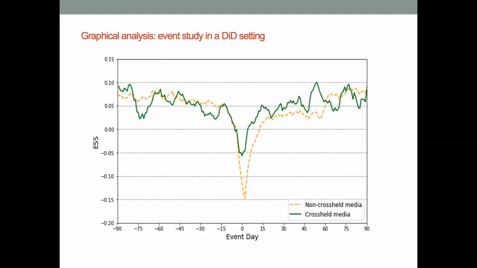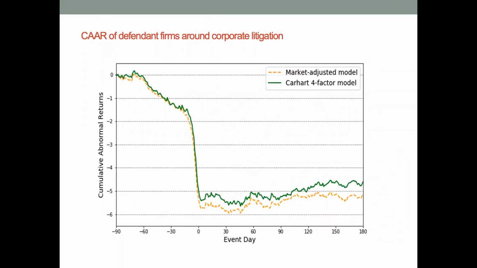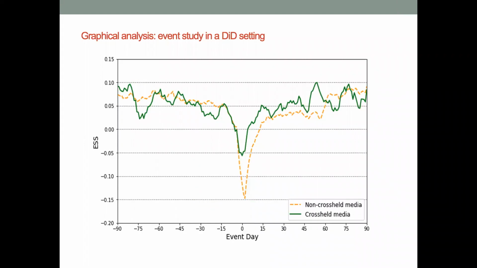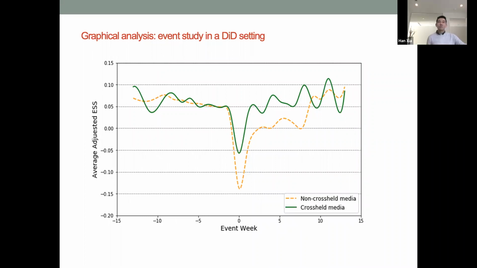But another thing, perhaps confounding, is that litigation typically is in reaction to a big price drop, because in the litigation you have to prove materiality. That's right. So usually the price has already dropped by, for example, 5%. Then these law firms launch litigation. So it's actually consistent with the plot you have there. So before the zero, the price already dropped. Yeah. Yes, I think you're absolutely right.